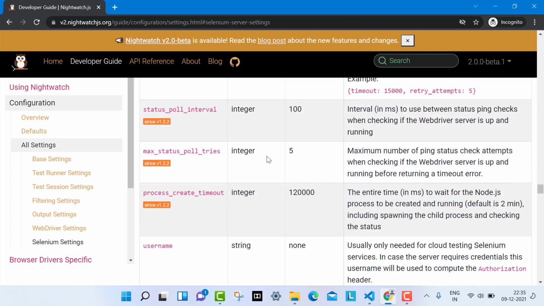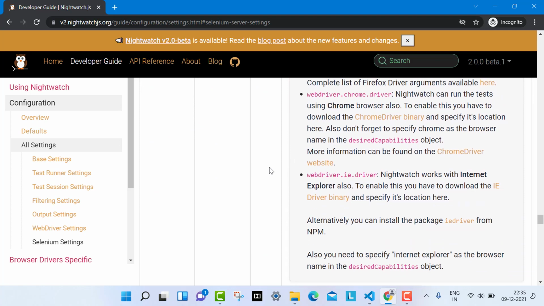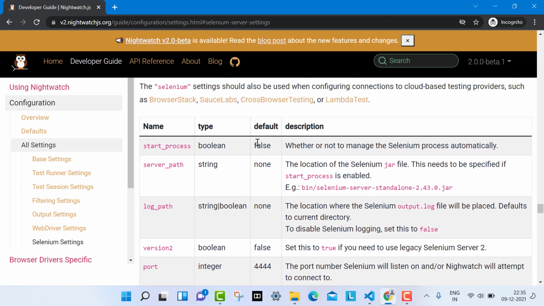I'm directly going to use Selenium, with the binaries from the Selenium jar file, which is available from Selenium and is stable. So I'm going to use these Selenium settings and configuration for running the test cases.